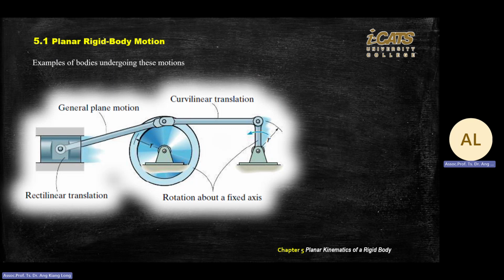And this one is also the same. It has one pin at the center, far right here, and can only rotate about a certain axis. And if you look at the combination of the two, translation and rotation, is the link here. It's called a link. So in the previous chapters 1, 2, 3, 4, you do not see the effect of the link,